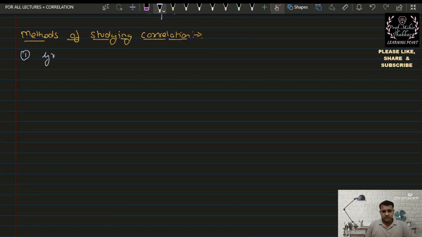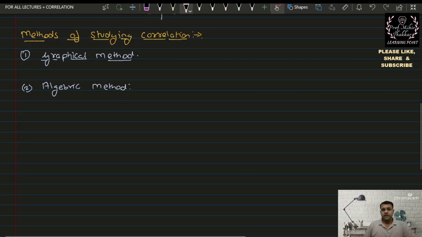One is graphical method and the second is algebraic method. But the thing is, under graphical method we have one type called as scatter diagram,